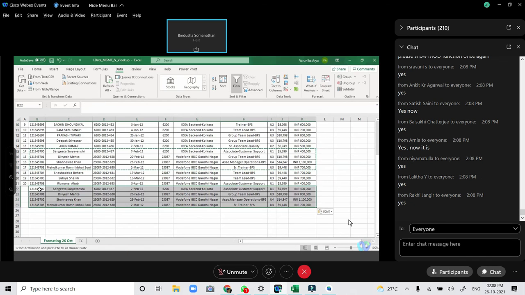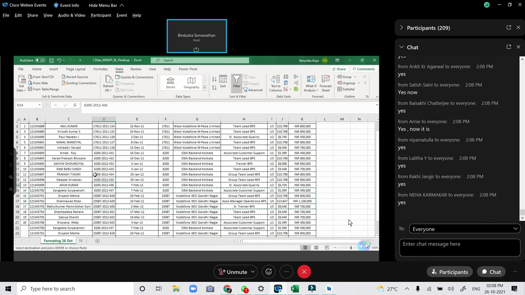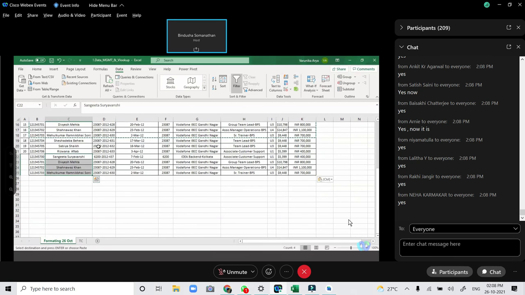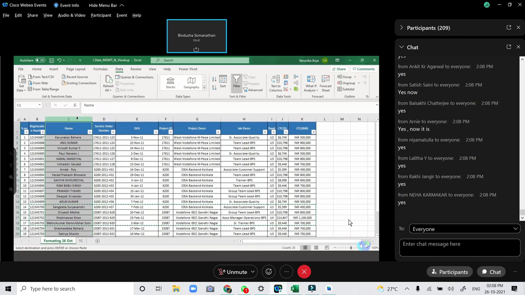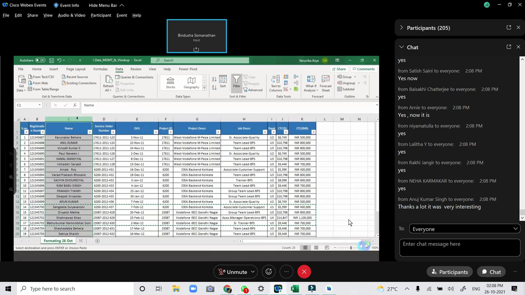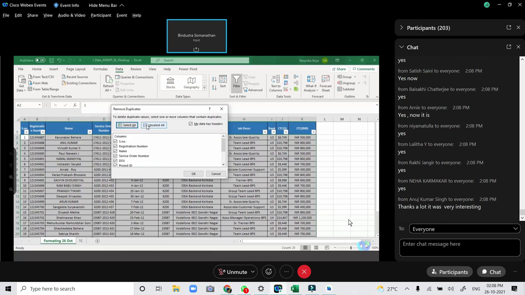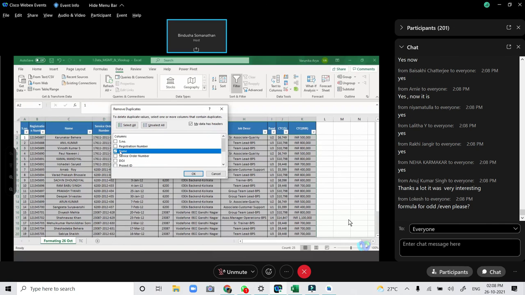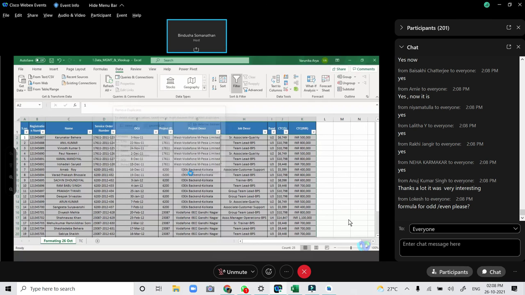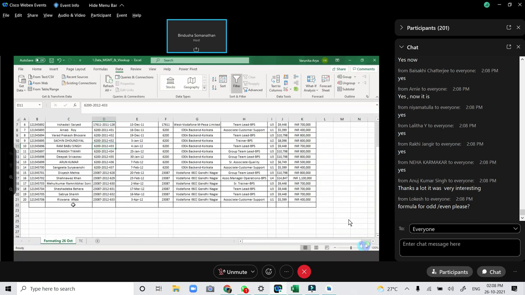I'll repeat this remove duplicates part here. Let's say we have some entries here. You select the column, go to the Data tab, go to Remove Duplicates. You expand the selection here, because if you continue with the current selection, only the name, it will delete the entire rows. So you go to Remove Duplicates, unselect here, just select the name, right? Then make sure this is checked if it has headers, and you select OK. So now those repeated would be deleted.